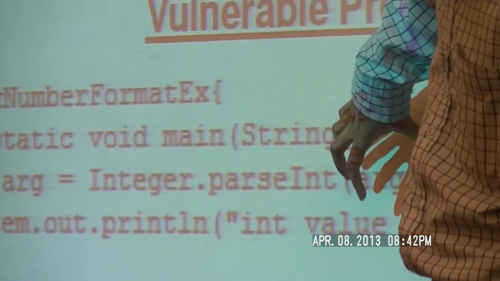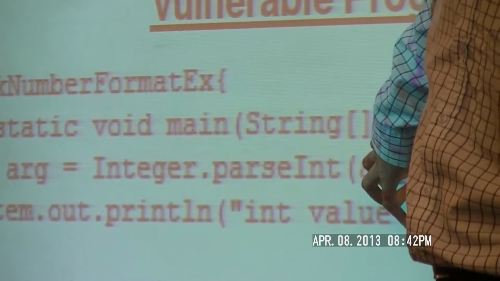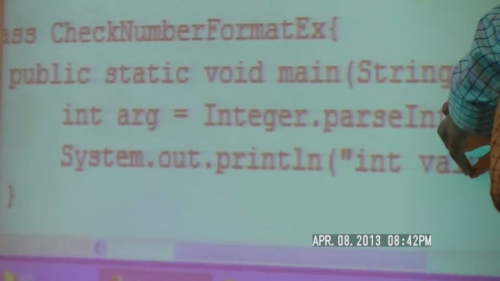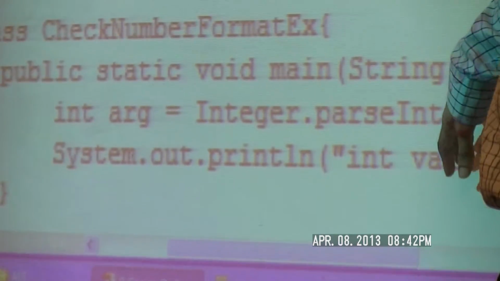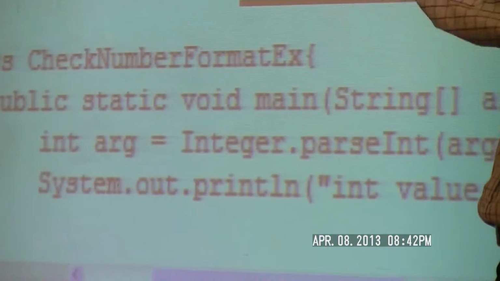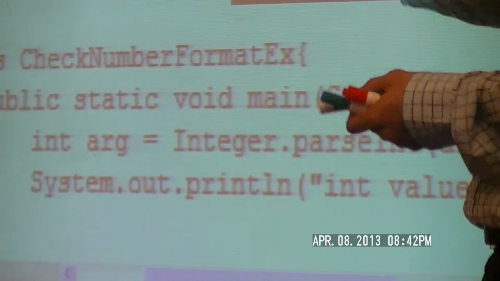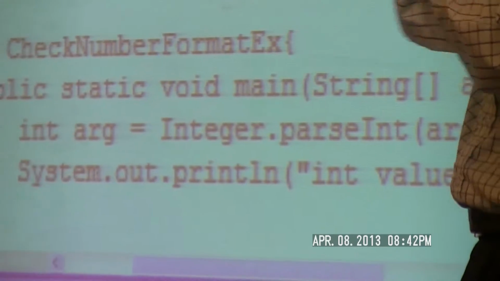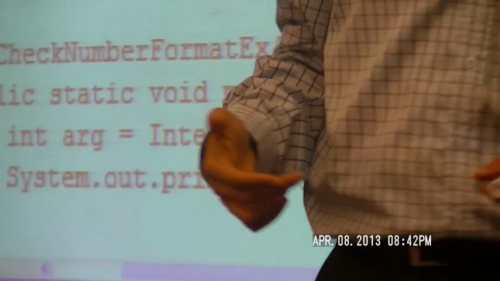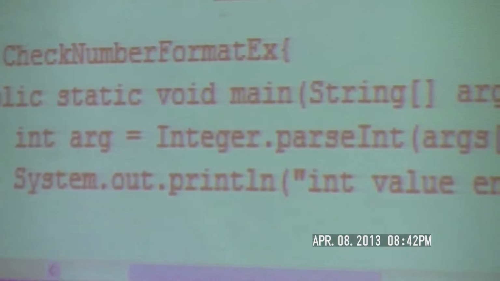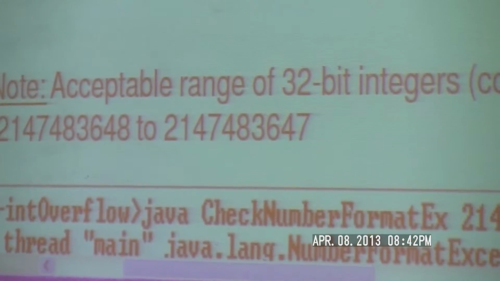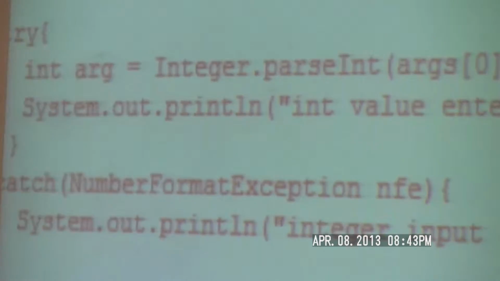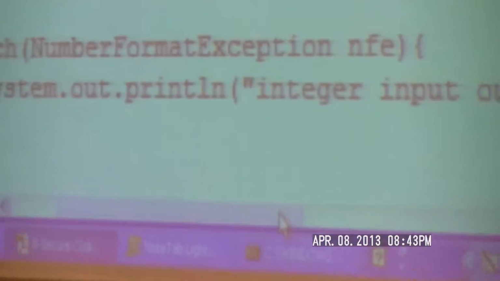So if I happen to enter an integer argument from my command line that is outside the valid range of integer, the program throws an exception. But what I'll do, I'll catch that exception and customize the error message. I won't let the program or Java runtime environment print all the details. What I will do is I'll write a simple try catch block. Okay? I'll write a simple try catch block that will catch this exception, and instead of letting out all the